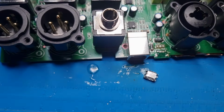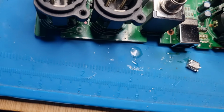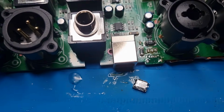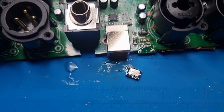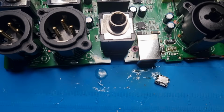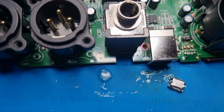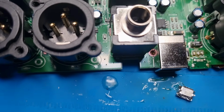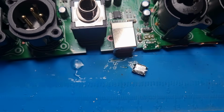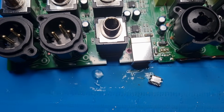I heated this from the top. I protected the surrounding connectors and components so they don't float off or melt or anything like that, because there's a lot in close proximity there. Anyway, so that's off, and just tidy up the pads, clean everything up, and then it should be a case of just popping a new one on. I mean, obviously I prefer to solder back on with the microscope on there,